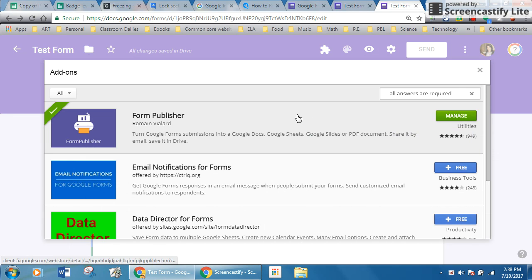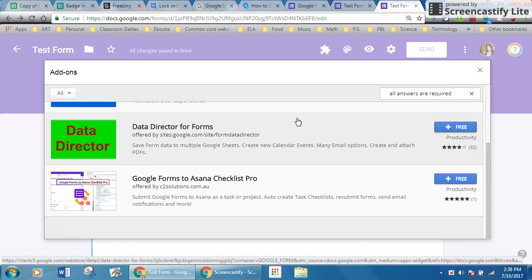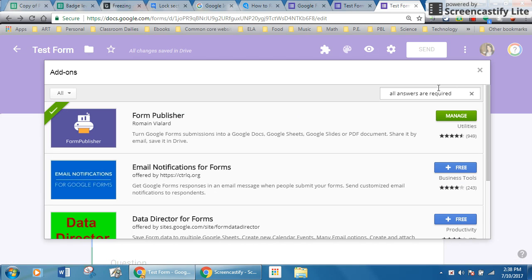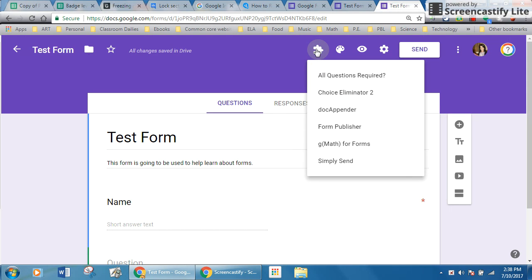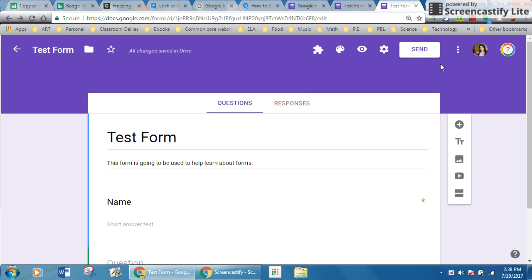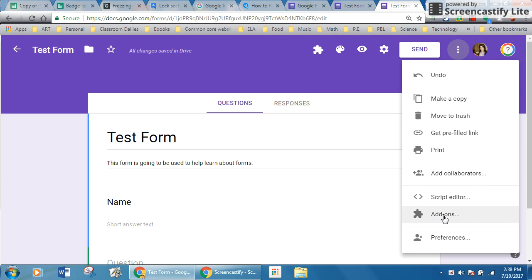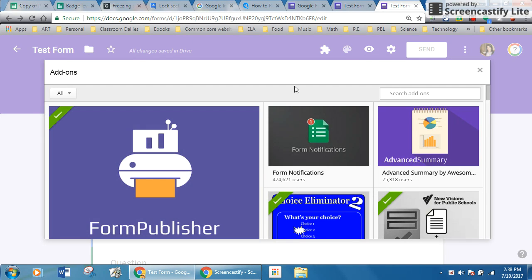Enter, and then you can see, where did mine go? Let's see. I believe it was all answers required. Let me double check my add-ons. All questions required. That's what it meant. Okay. Sorry about that. So let's go here. Go to add-ons. All questions required. That makes so much more sense. All questions